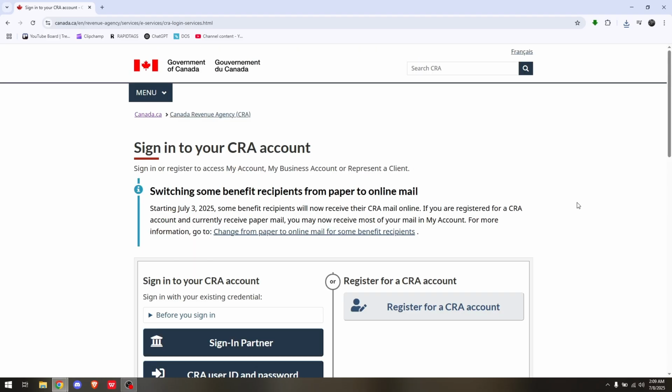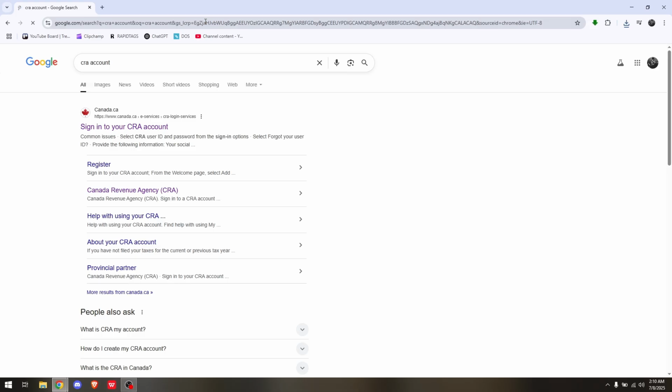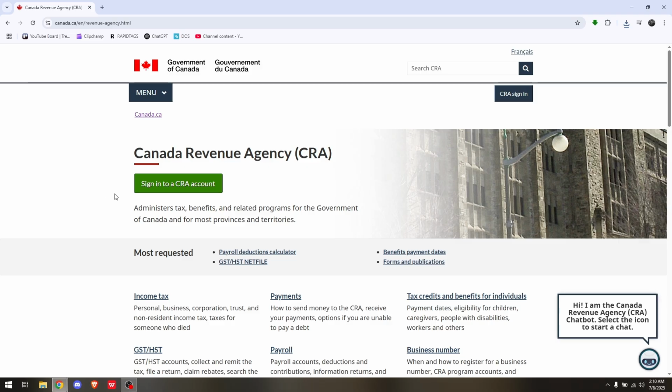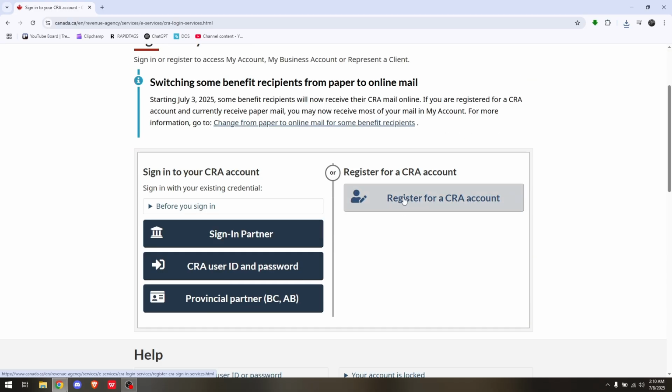Now, for you to be able to get here, in your search box, you simply type in CRA account, hit enter, and in here you have multiple options. Just simply hit on this option here, which will take you back to the page that was actually shown earlier. Now in here, click on sign in to CRA account,